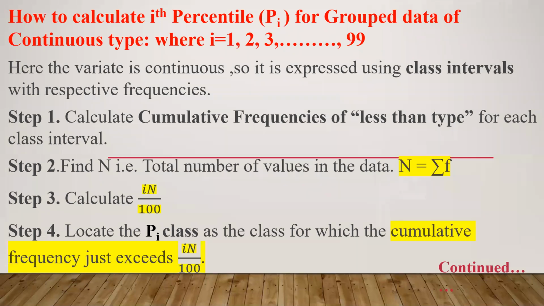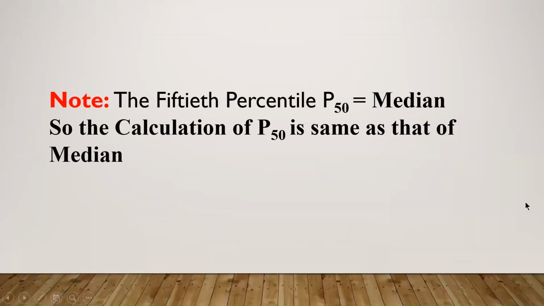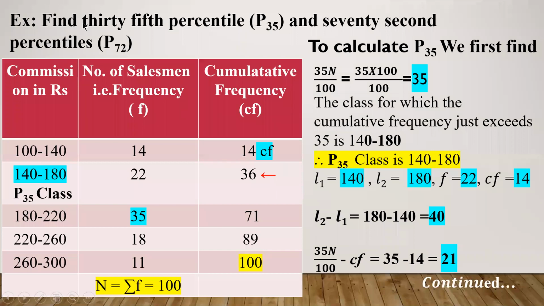So let us begin with the problem now. The question is: find the 35th percentile, that is P35, and the 72nd percentile,